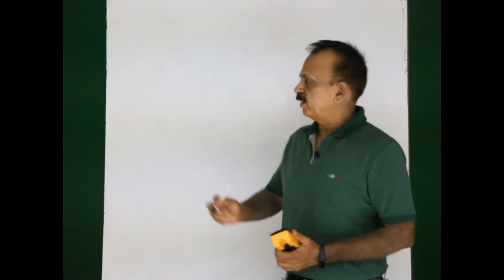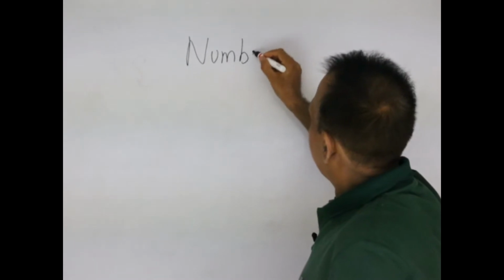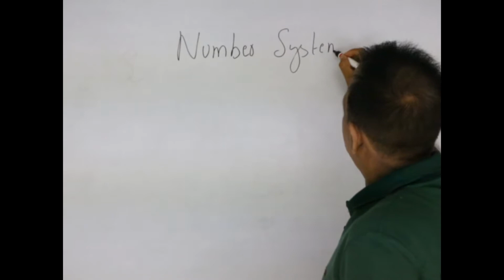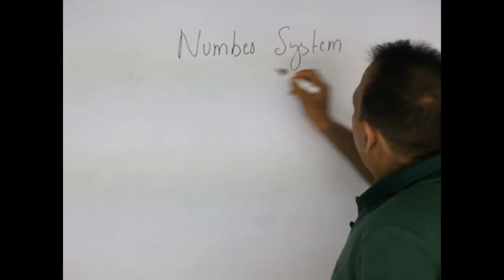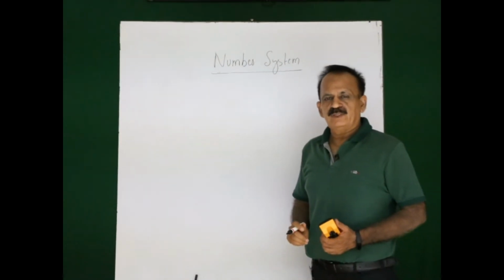The topic of discussion of this lecture is number systems. Now, it is very simple what basically a number system is. A number system is a set of digits and symbols which are used for counting and calculations. So, the topic basically is number system, and as I gave the definition, a number system is a set of digits and symbols which are used for counting and calculations.